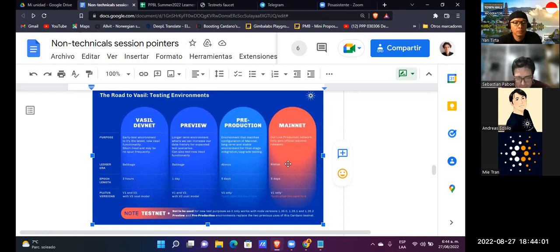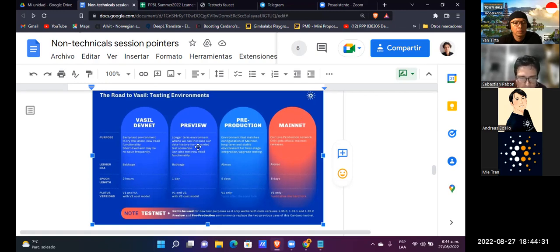The general idea is the testnet is going to disappear. The previous testnet, as we knew it in the past, and in the present and future we are going to have two testnets, the preview testnet and the pre-production testnet. And obviously we have here the mainnet.